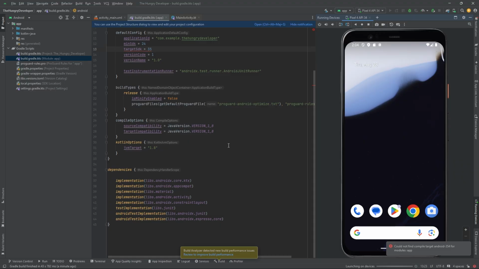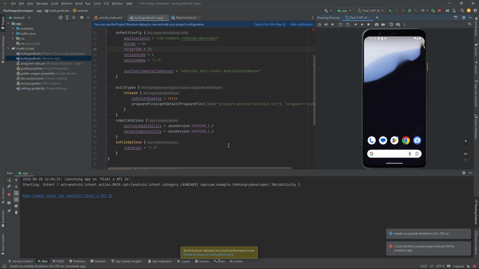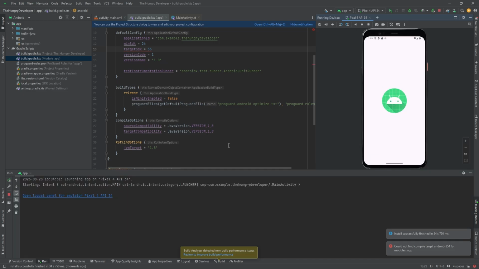You can ignore the test ones at the bottom because we're not doing any tests at the moment. You can ignore this one at the top because we don't have any local libraries, we don't have any local files in our libs folder, which is over here. But these two we have been using. You might recognize constraint layout from before, and then the AppCompat library contains a whole heap of things that we use in Android application development. So we need to add a dependency to our new card view library. And the way we find out what to type here is with an internet search. So go over to your browser. I'm going to show you the way that I find what